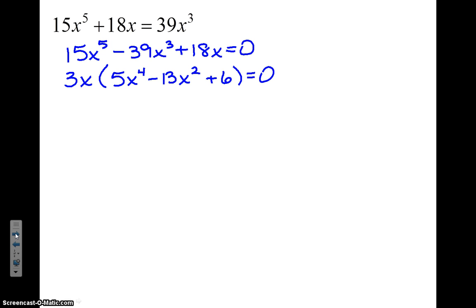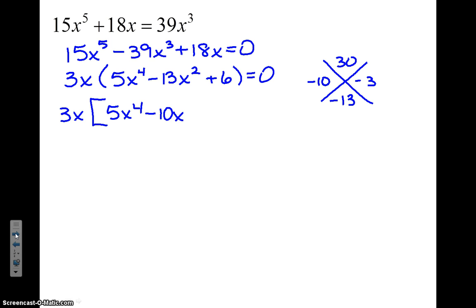Want to try and factor this trinomial, 5x to the fourth minus 13x squared plus 6. So I multiply a times c, and I have 30. So I'm looking for numbers that multiply to be 30 and add up to be negative 13. Got to be a little careful here. You might think it's something like 15 and 2, but we've got a negative 13 and a positive 30, so it actually needs to be negative 10 and negative 3. So those two will multiply to be positive 30, but add up to be a negative 13. So if I split my middle term, I've got 5x to the fourth minus 10x squared minus 3x squared plus 6